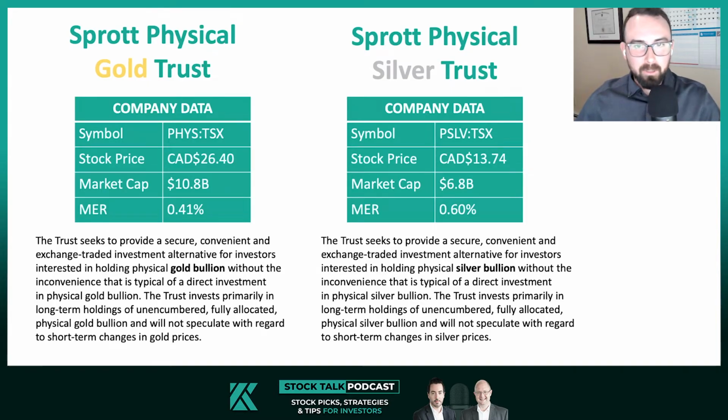Now, the trust seeks to provide a secure, convenient, and exchange-traded investment alternative for investors interested in holding physical gold bullion without the inconvenience that is typical of direct investment in physical gold bullion. And the trust invests primarily in long-term holdings of unencumbered, fully allocated physical gold bullion, and it does not speculate with regard to short-term changes in gold prices, and the physical gold is held with the Canadian Mint or a